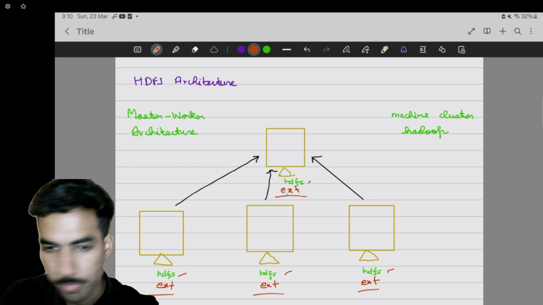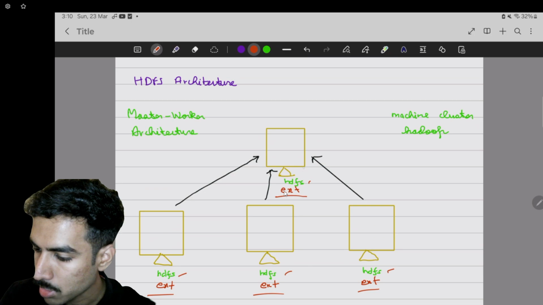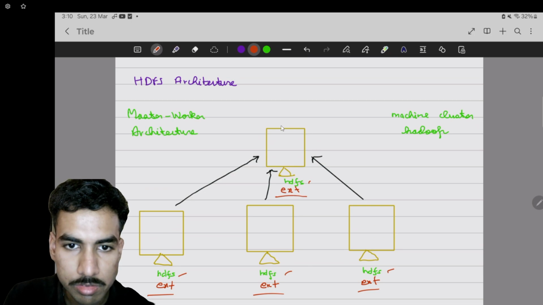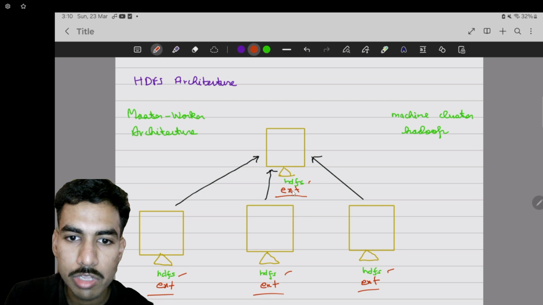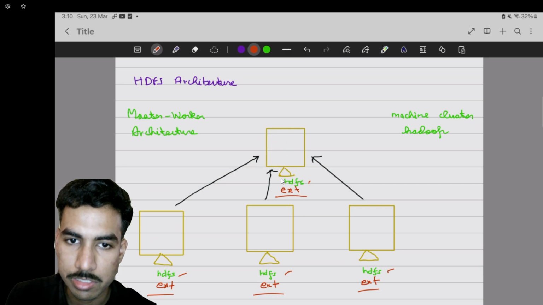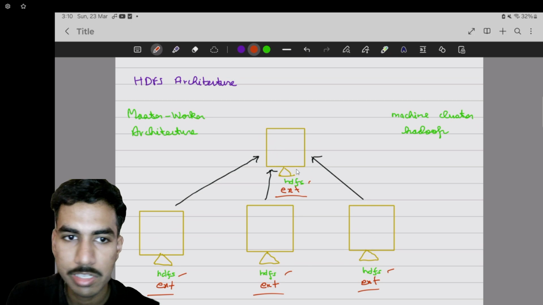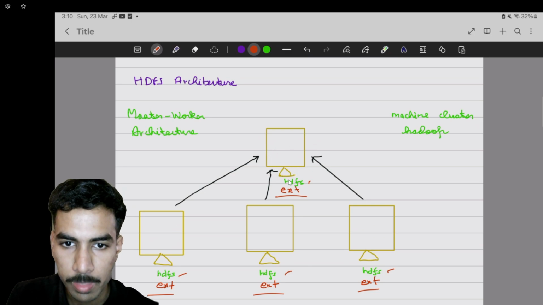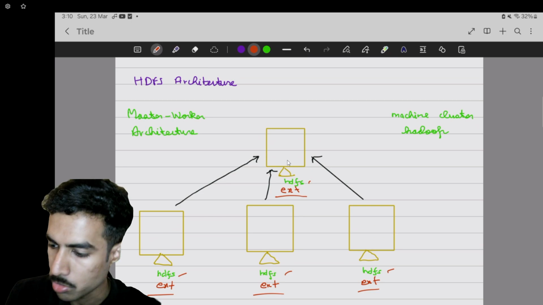But the Linux commands you can only run on a single system, because Linux cannot be distributed. But HDFS commands you can run